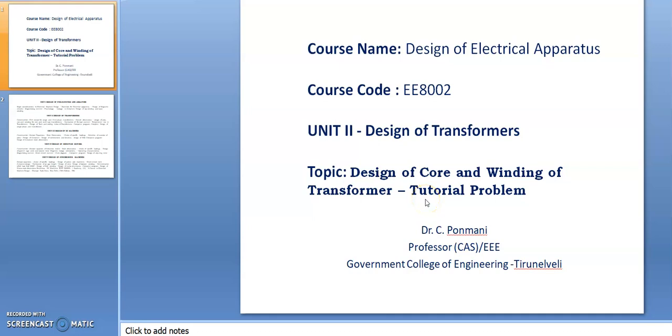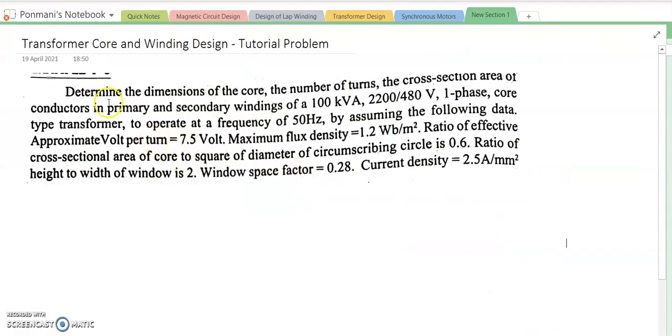Good morning all. In this video lecture, we are going to solve a tutorial problem on design of core and winding of a transformer in the subject design of electrical apparatus from second unit, design of transformers. So for that, this problem has been taken. The given problem is: determine the dimensions of core, the number of turns and cross-sectional area of conductors in primary and secondary windings of 100 kVA